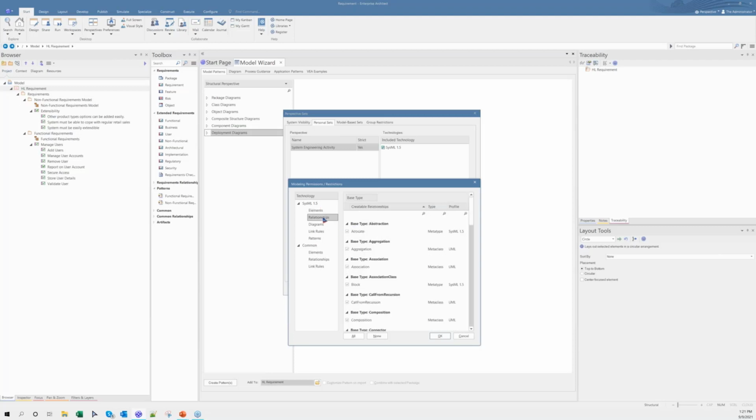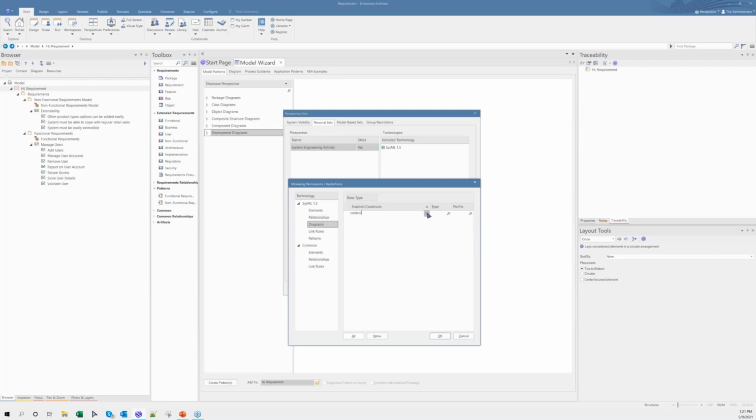Moving on to the relationship. The most familiarly used or recommended connector between actions or activities is control flow. So let me uncheck all these boxes once again. Here I have a search definition where I have a space to search the items. Let me try to search for control flow. Yeah, I got the control flow. From the list of connectors, I'm just checking the control flow alone.